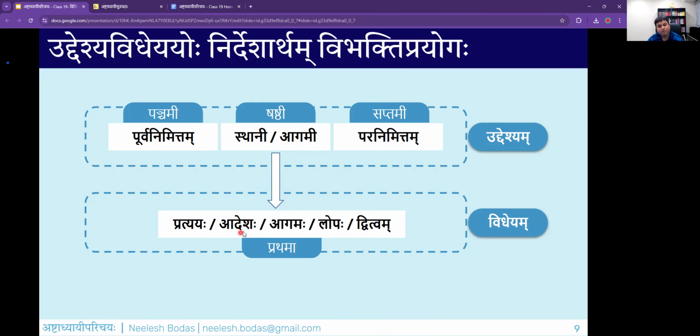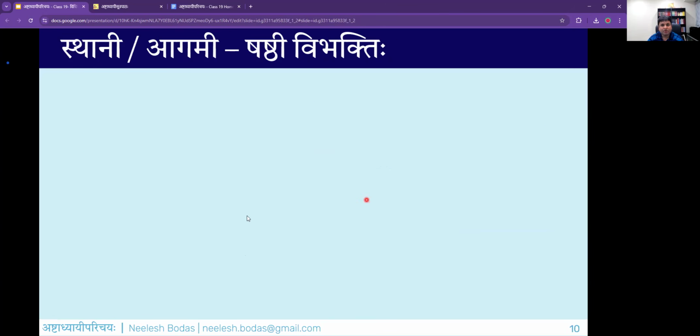So purely by using 4 vibhaktis, panchami, shashti, saptami, and prathama, the entire system of uddeshya and vidheya is beautifully hard-coded in this particular framework of 4000 sutras. Let's see some examples. But before that, always you have that statutory warning, right? So panchami, shashti, asterisk conditions apply. You can't blindly say panchami, shashti, saptami mean purva nimitta, paranimitta. It's not like that. Saptami, panchami, shashti vibhaktinam, anyani api prayojanani santi. We will learn about these things as the course progresses. But for now, in order to understand the uddeshyas and vidheyas, this particular association of vibhaktis will be extremely useful.